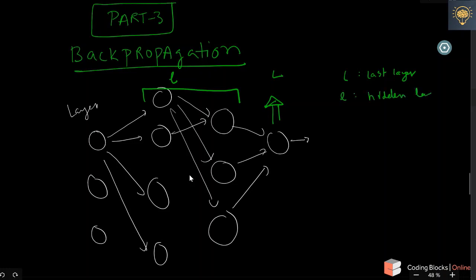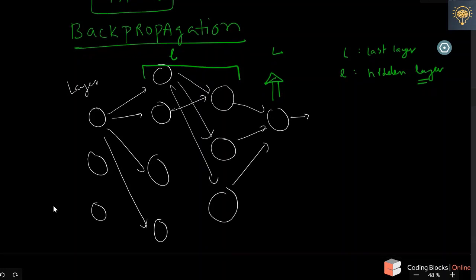The backpropagation algorithm is needed because at the final layer you know what the correct output is, right? Let's say you wanted to predict a dog. Your algorithm said I'm 60% sure that it is a dog, but the actual output you wanted was 1, right? You wanted it to be 1. Or let's say it wanted to predict a cat, so it said the probability of the final output is 0.3.